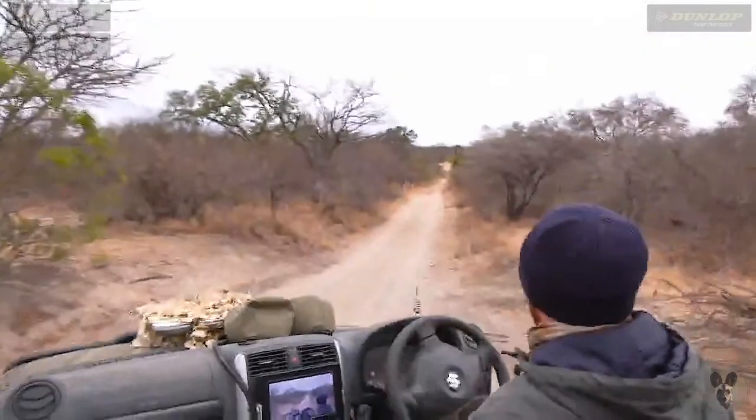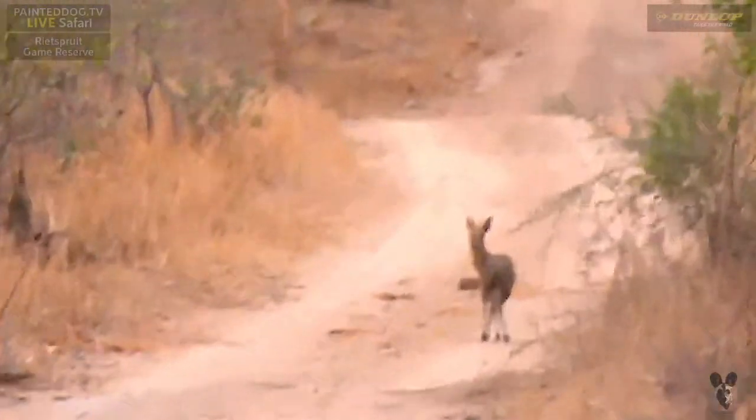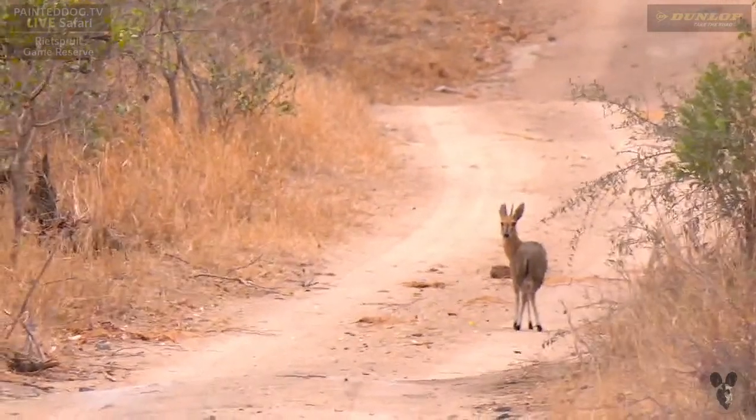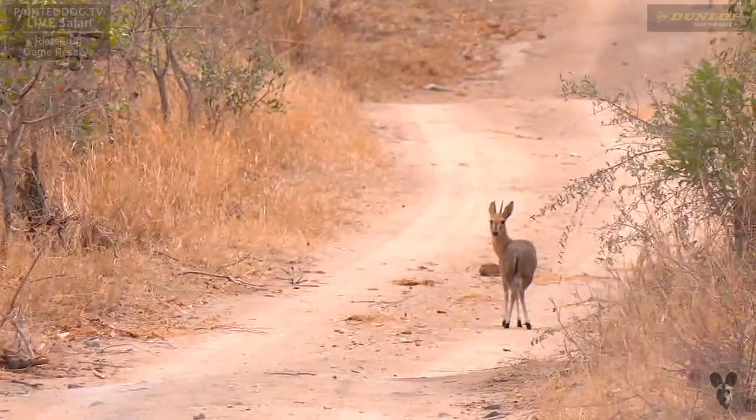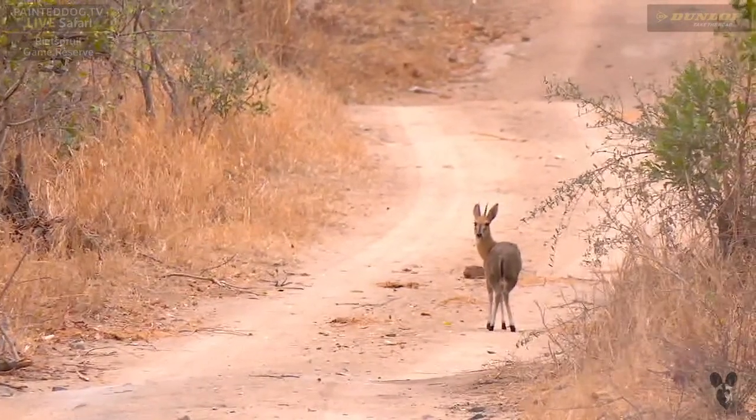Oh, there's a duiker. Or maybe a bushbuck. Oh, bushbuck's gone. Is it a duiker on the road ahead of us? It is too. A male duiker, look at that. Not tucked away like the other one was. This one's standing pretty exposed. And a...